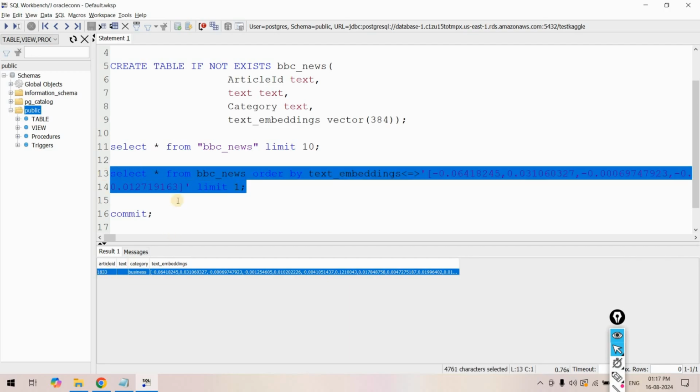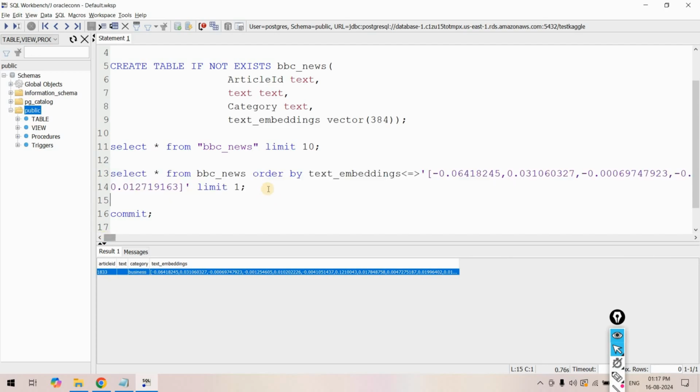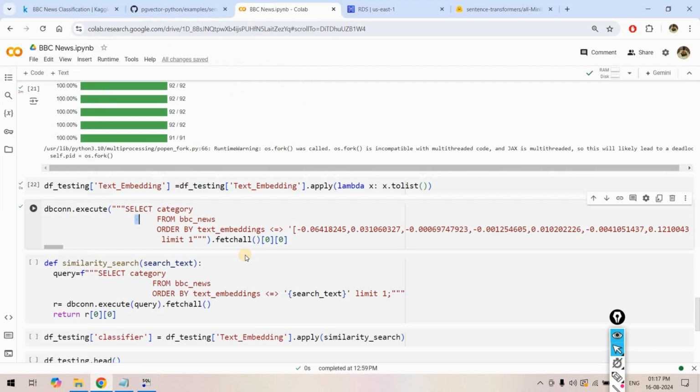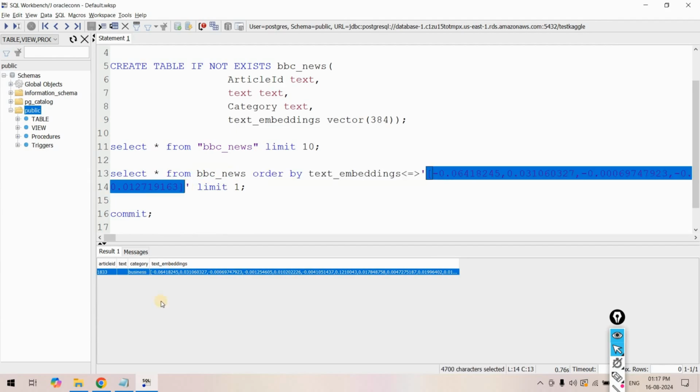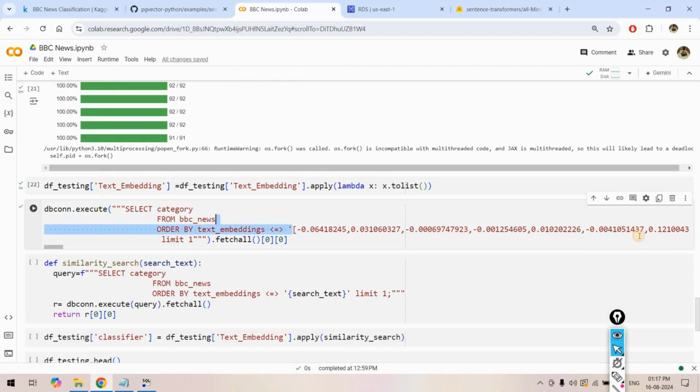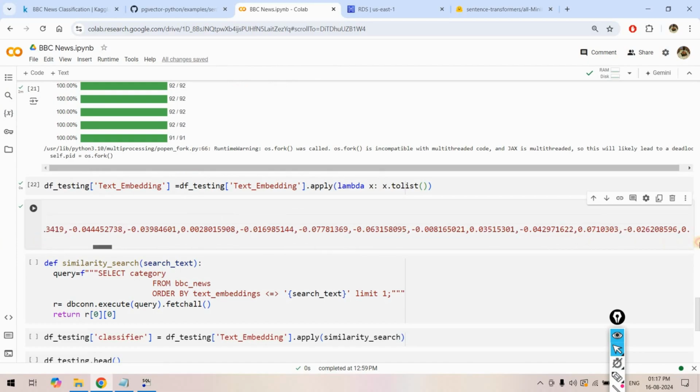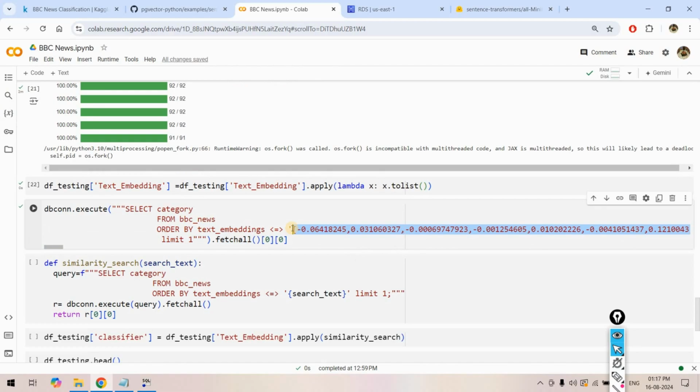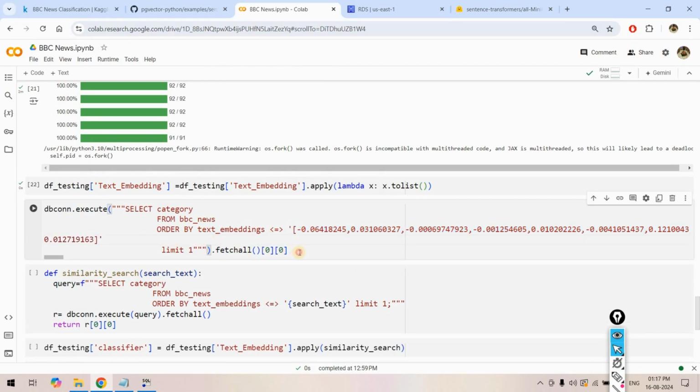So in short, you can understand like this way. This query can give us the most similar vector available in our PostgreSQL database. The same thing I have done here basically. Just copy this particular vector from here and I can put that here. This vector, and then limit 1 we are computing and fetch all the rows, and out of that the 0th element we are extracting, because by default if you see it will be returning like this way, result equals to. So I can execute this, and here if I just print the result,